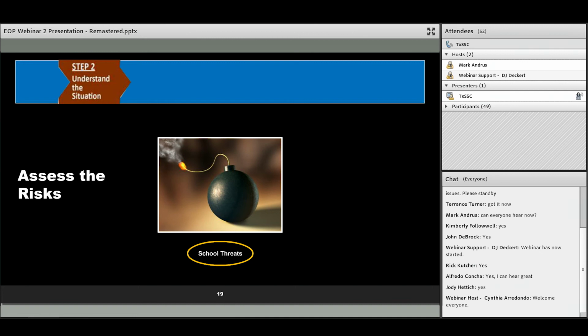And then you're going to evaluate your school threats, and this may come in a lot of different ways. You may want to look at some of your data and documents and what kinds of activities are going on within your school and your community. But these are the threats in your area, specific to a campus. I think Laura mentioned a little while ago that two campuses within the same district may be very, very different in terms of the hazards and threats. One might be located in the central part of town. Another new school might have been placed on the edge of town. Some might be near railroad tracks, some may not be. So they pose different levels of threats and hazards.